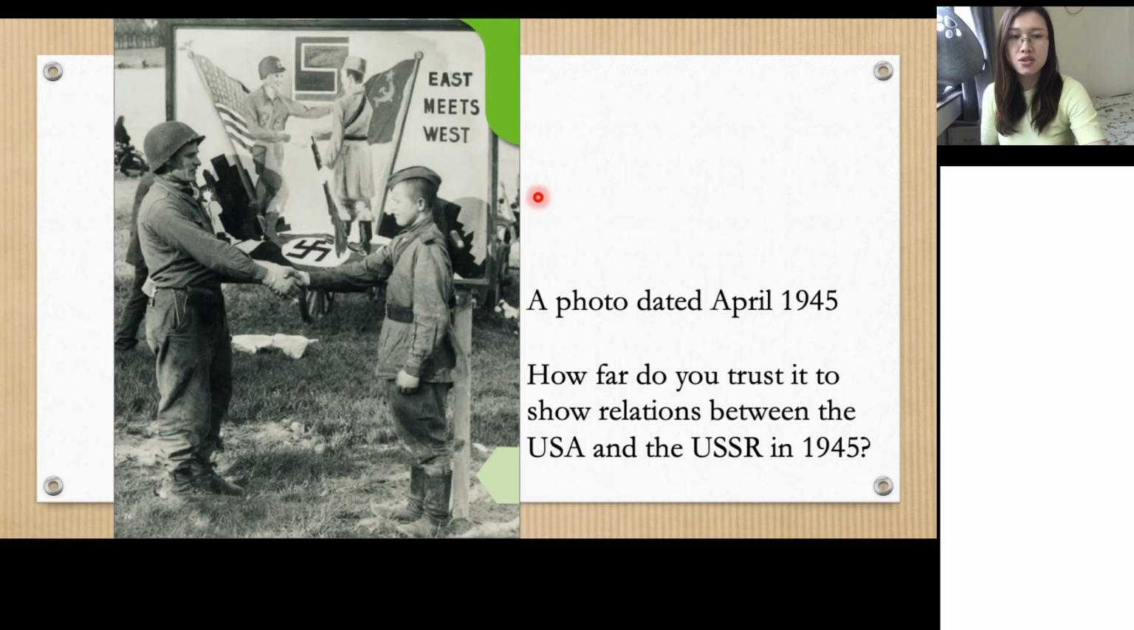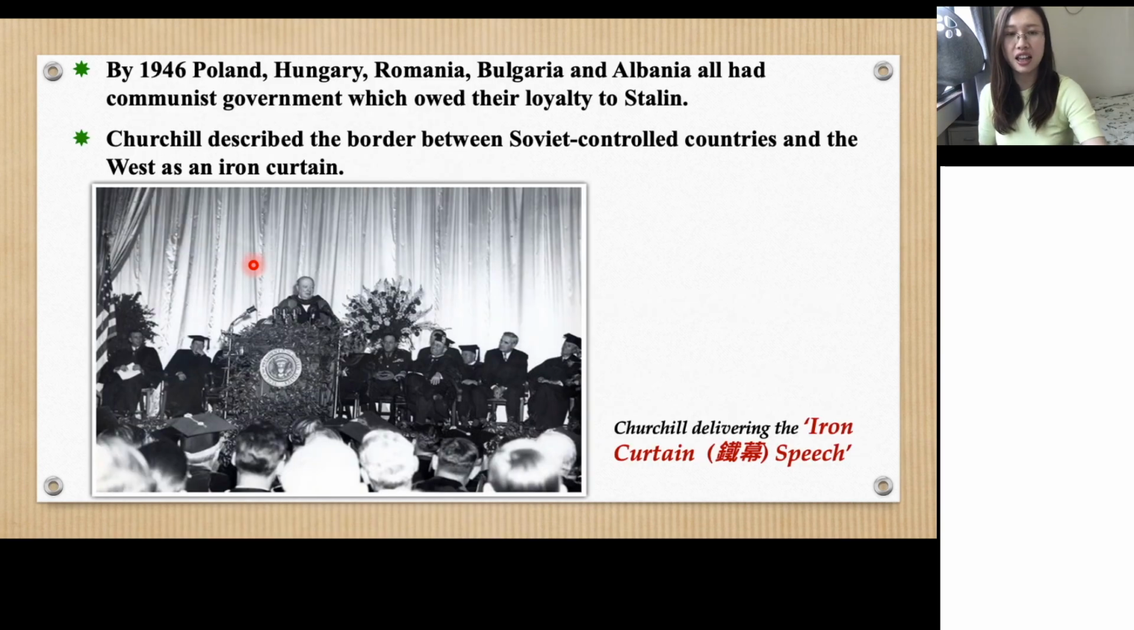So remember this photo, it was taken in April 1945 when they fought Germany together, like here in this picture, right? But you have to see, this kind of peaceful relationship didn't really last for a long time, right? Because only a year later, in 1946, when Stalin already controlled Poland, Hungary, Romania, Bulgaria, Albania, Churchill